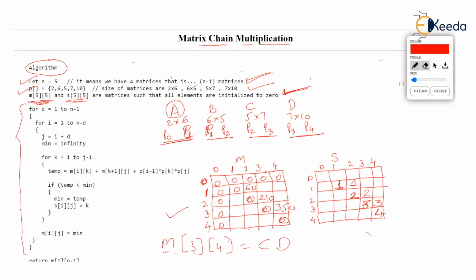Now let us use the algorithm, because there was no fun in running the algorithm for such small values. You can do it later for all the values. But now let's read the algorithm. The first for loop in the algorithm, as you see, is for D is equal to 1 to N minus 1. Check this for loop. Actually, this D stands for difference. And the difference is 1 to N minus 1. Now, N minus 1 over here will be 1 to 4, isn't it?